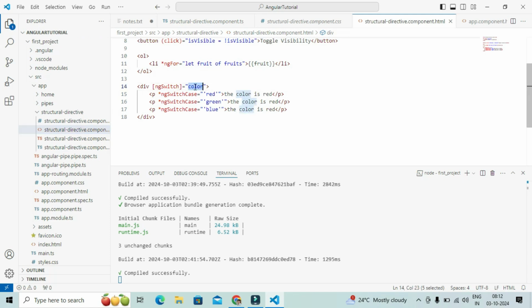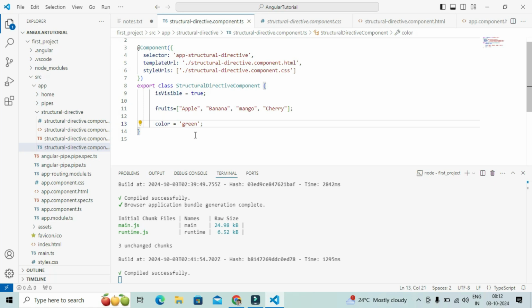The color variable's value is currently red, and it tests whether that particular case is there or not. Based on that it finds the red value and prints it. In the same way, if you set the color to green and save this, it will find the appropriate case for green and print that value.